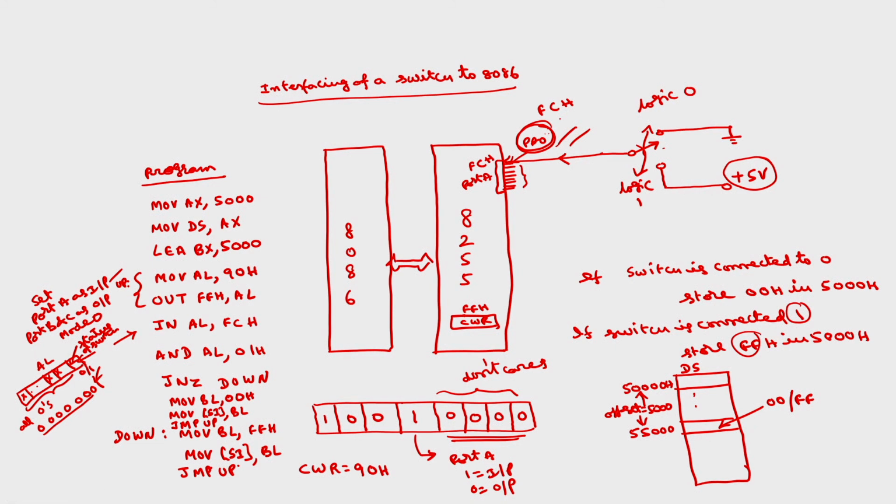This is how we can connect a simple switch, which is called an input device, and a simple output device such as an LED to the microprocessor. This is possible through the 8255, the programmable peripheral interface. Later we will move on to more complicated input output devices such as the 7-segment display and keyboard. These things we will discuss in the next class.